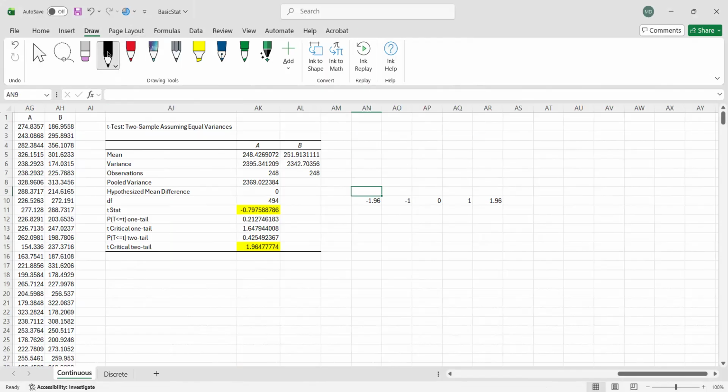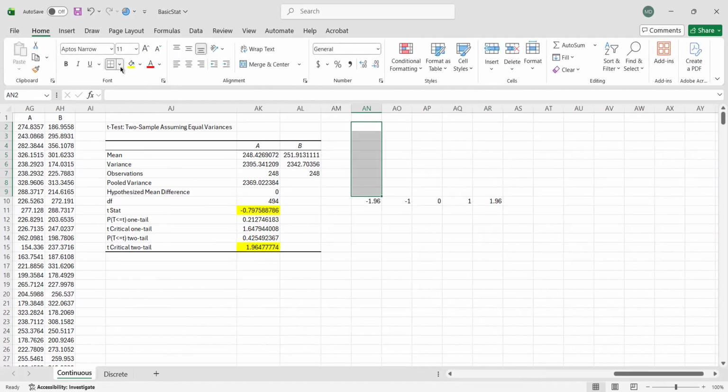Anyway, assuming we have these limits, sorry for that. I forgot how to use the drawing tool. Maybe we have the limits here. So negative 1.96, and then in between we have 0.